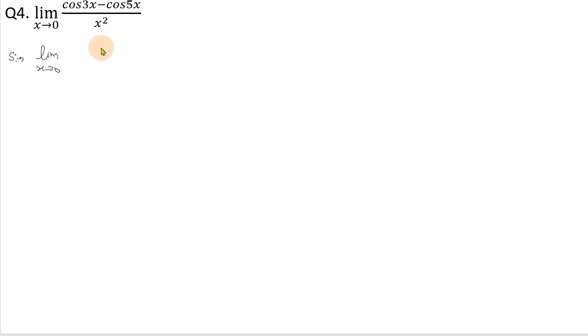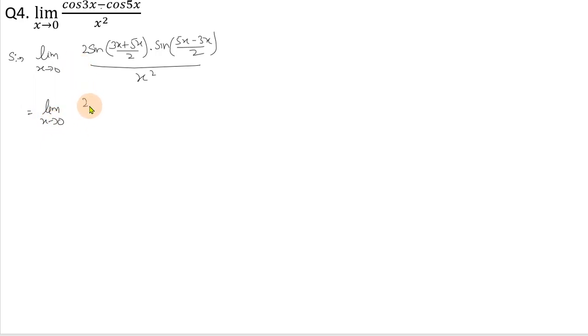So cos c minus cos d is 2 sin c plus d, that is 3x plus 5x upon 2, into sin d minus c, it is 5x minus 3x upon 2, whole divided by x square, and this term is equal to,